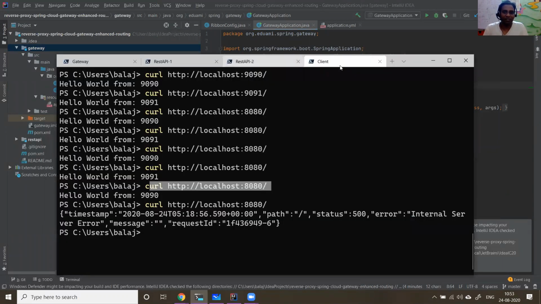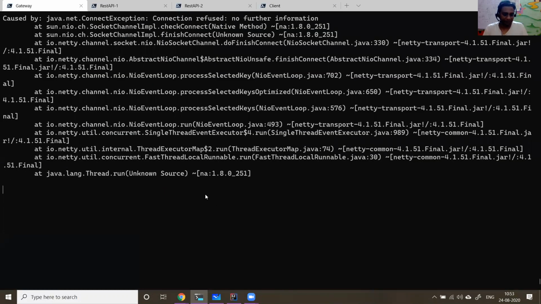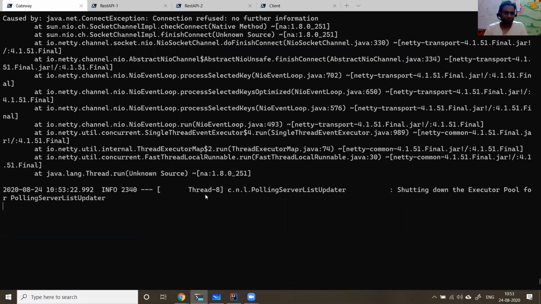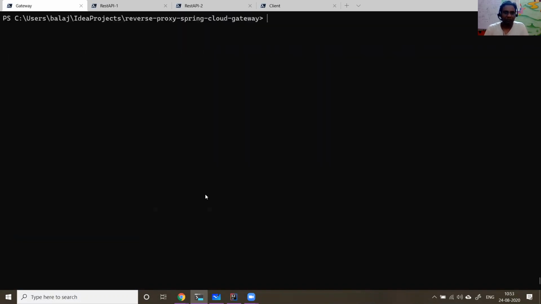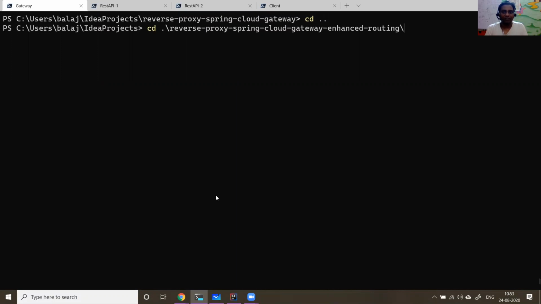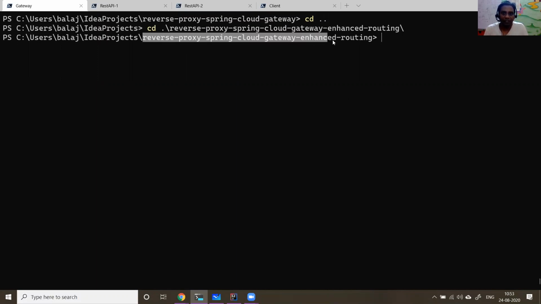So let us play the same. Let me go to the gateway. Now I have that project in enhanced routing. If you check out my enhanced routing, you will get that one.